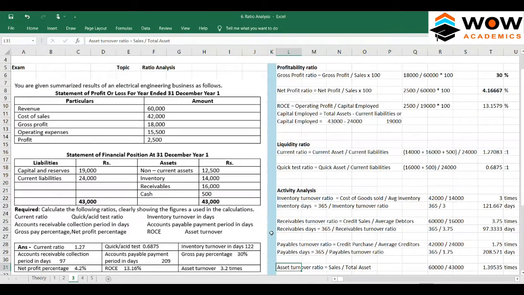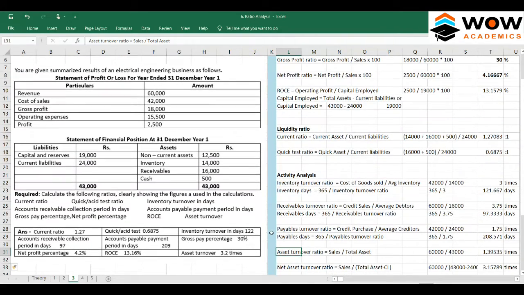So we'll check the answers here. So the answers are: current ratio is 1.27, quick ratio is 0.875, inventory days is 122, that's correct. Receivables collection is 97 days, that's correct. Accounts payable payment period, that is 209 days, that also is correct. Gross profit is 30%. Net profit is 4.2%, ROCE is 13.6%, and asset turnover